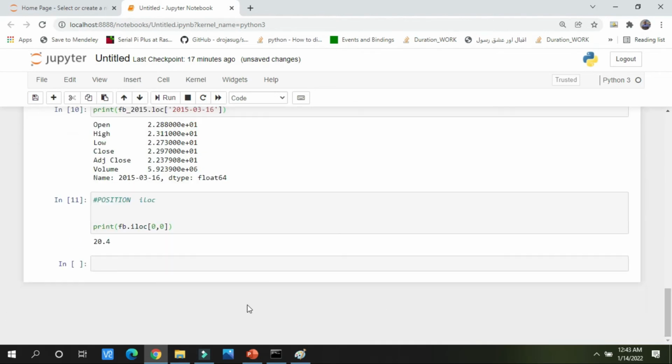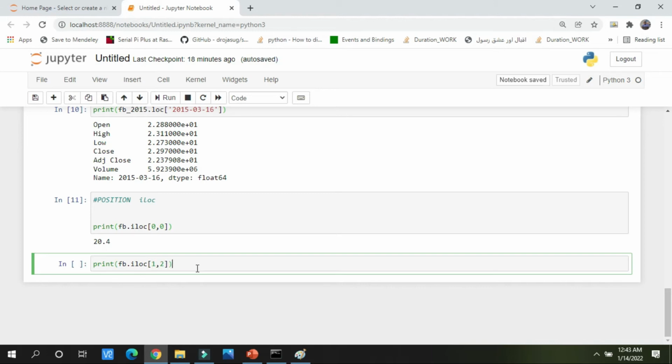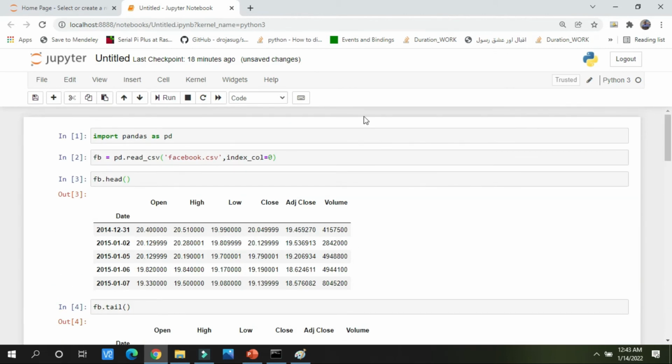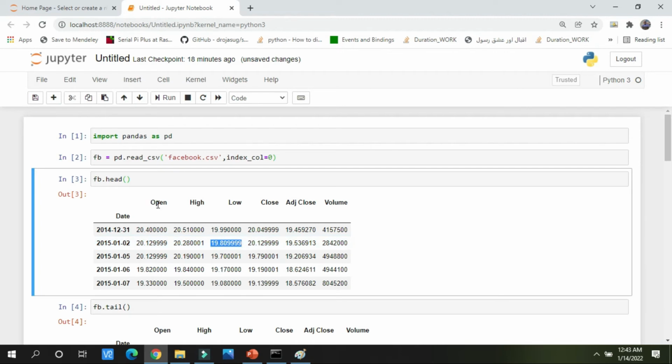So let me do it again for you, and I will write print fb.iloc, and I will write 1, 2, and you can see it has printed 19.8. See here it is 19.8: row number 1 and column number 2.